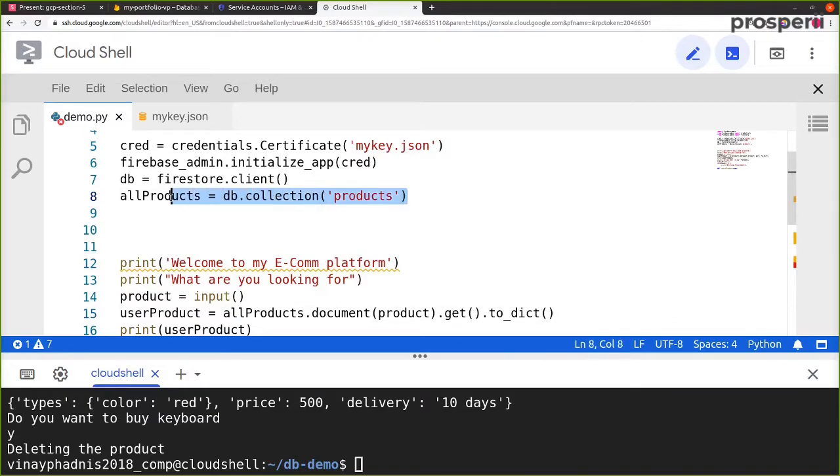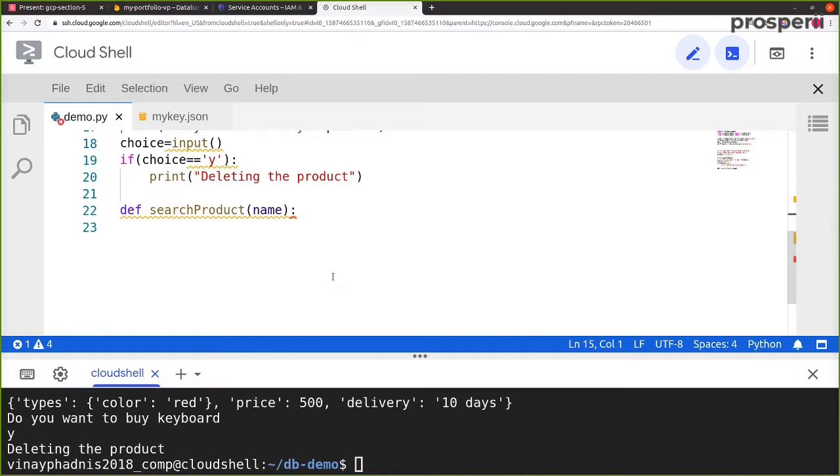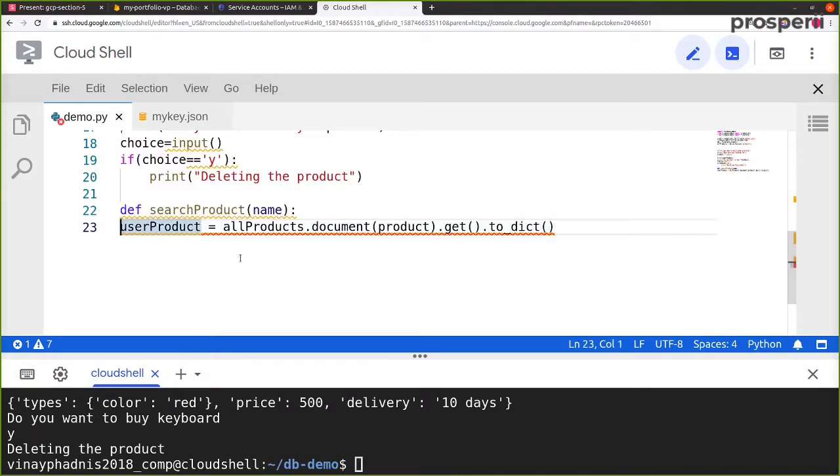Over here, this is the collection. Then this is the statement where we are looking for one particular product inside this collection. So now let's remove this from here, and then let's paste it inside the function. But if you want anything to be inside a function, then you have to make sure that it is at some distance from the left margin. So over here, let's press tab, and with this, it is present inside this particular function.